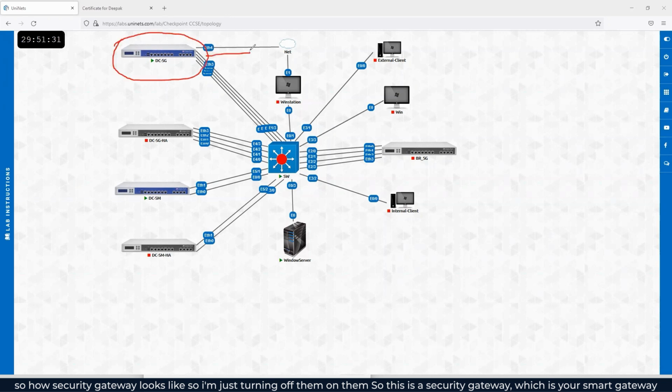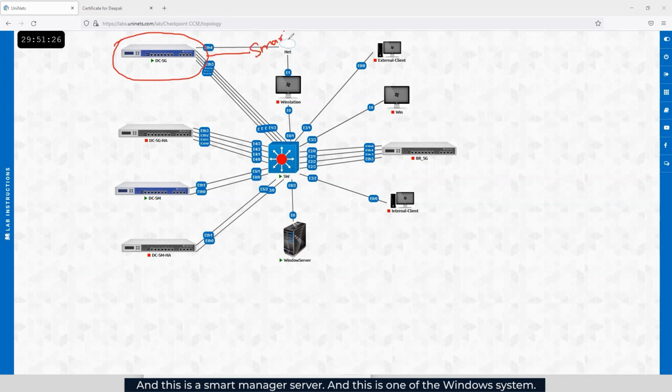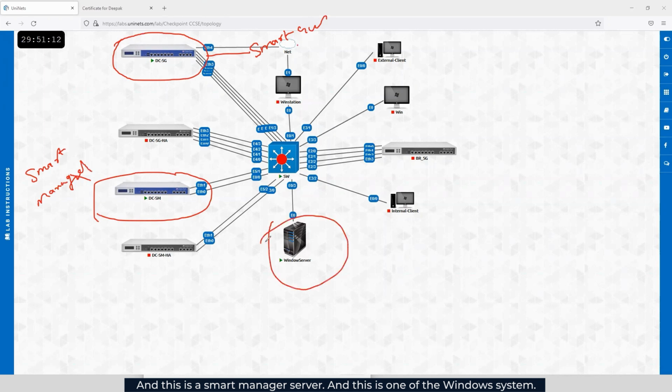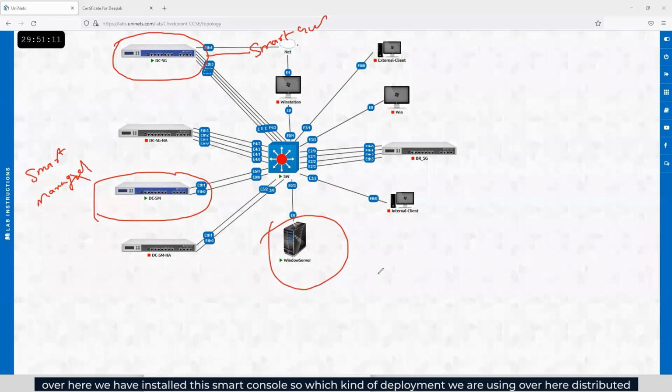This is a security gateway, which is your smart gateway. And this is a smart manager server. And this is one of the Windows systems. Over here we have installed the smart console.